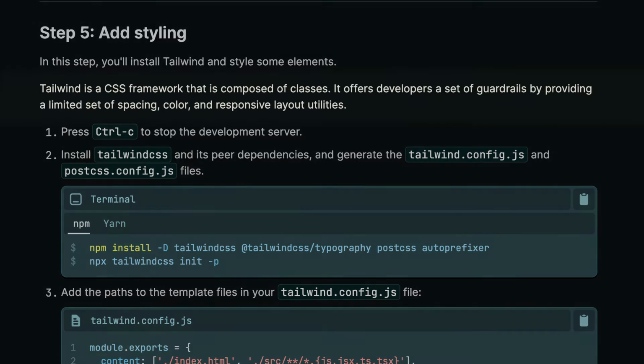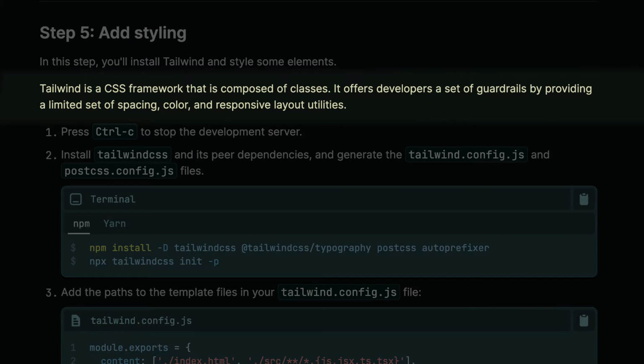framework. To keep it simple for the Skillshare class, I decided to keep just the core dependencies of React, Hydrogen, and Vite for the class project, but within the official Shopify tutorial, Shopify recommends a package called Tailwind CSS. It's a CSS framework that offers developers a set of guardrails by providing a limited set of spacing, color, and responsive layout utilities. So in this video, we're going to take a Hydrogen project with standard pure or plain CSS,